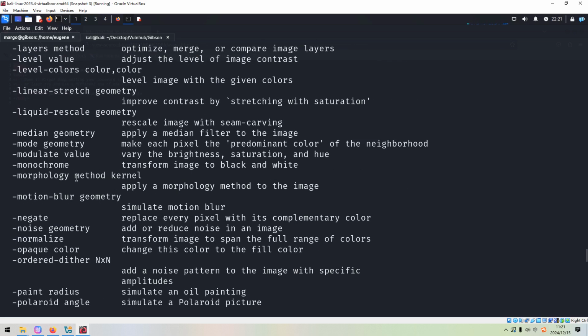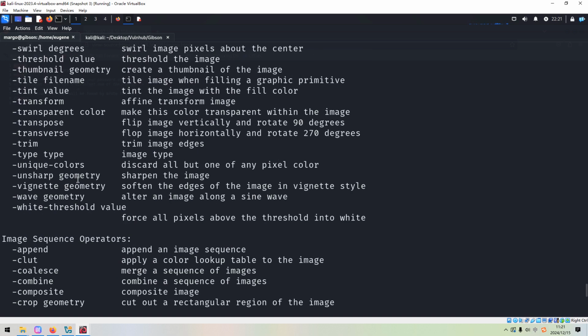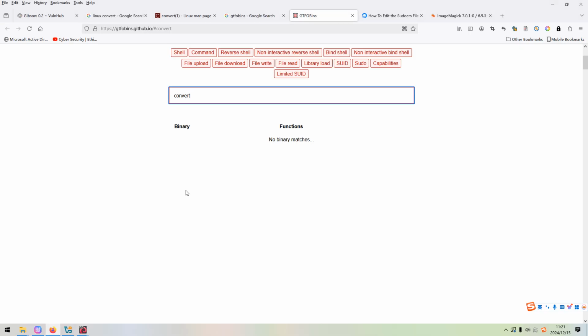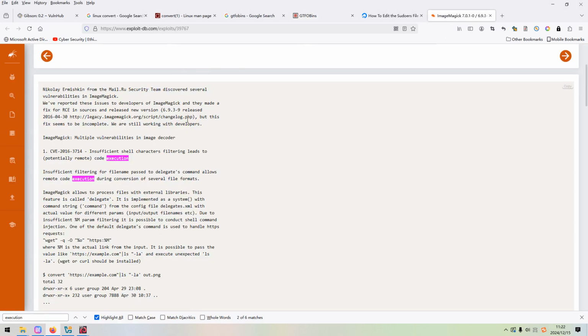So because this utility can be run as sudo, next we need to find a vulnerability for this utility. You can use Google to do some research, and almost the first link would be this one.